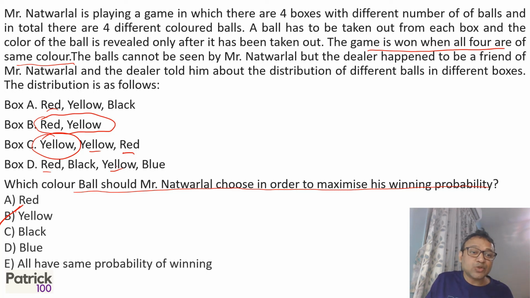Now also C has 2 yellows. So automatically the chance of having yellow and winning is more. Therefore the answer is B option. So this you can observe and get the answer. But yes, reading will take you some time. So technically you should solve this in the second round. In the first round it will be difficult to solve such a big sum because you waste a lot of time. But yes, there is a pro and con, which is that you can decide how you go about it. Thank you.